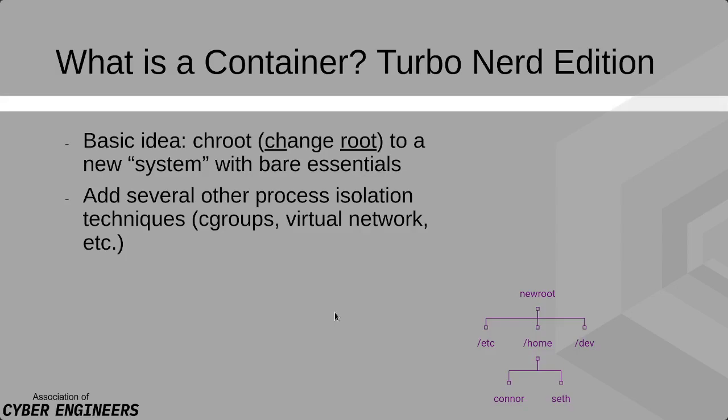So containers, i.e. Docker, takes this to its logical extreme with things like cgroups, which is a thing that I have heard of but don't really know about. It basically virtualizes your network, so it treats this little system right here as if it has its own network interface that connects to your main network interface, and a bunch of other things to basically make it seem as if in every possible way it is its own device, even though it's running on the same operating system kernel as you are running. And that basically, for all intents and purposes, means it's a totally separate system just operating on the same kernel.